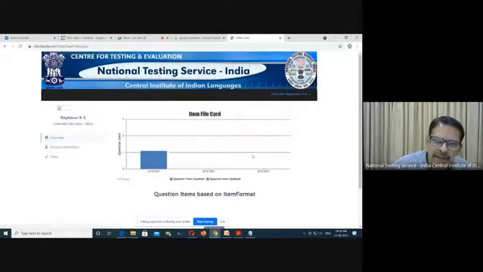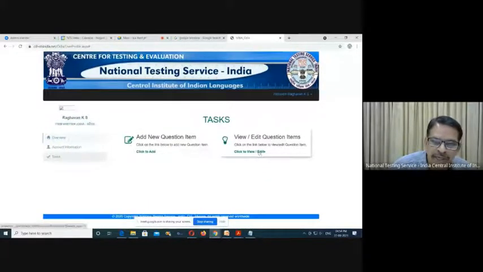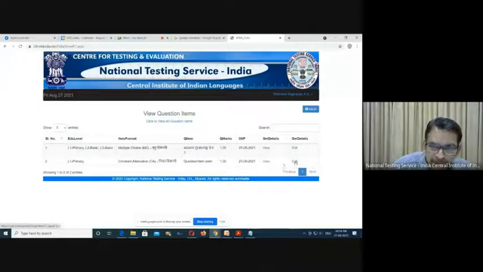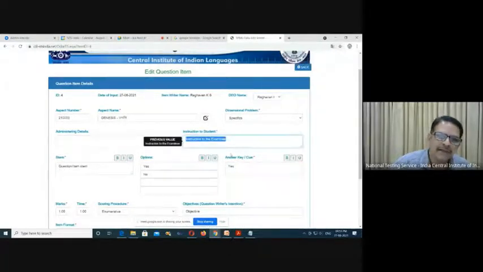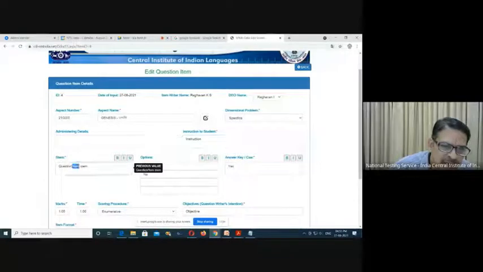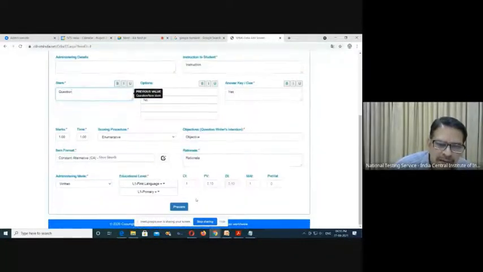The same way you can edit your question item. By clicking the edit button, see instruction to examiner. Something is wrong here, and I want to change it, so I will put the instruction. Whatever you want to change, you go to that particular button and click.